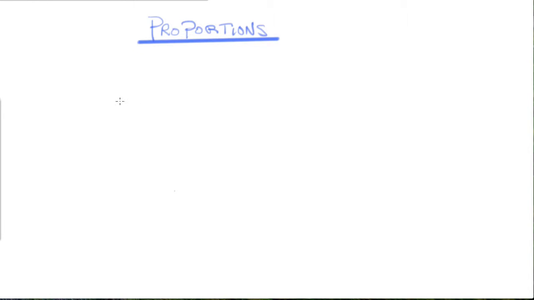So let's talk about proportions. Proportions is a fancy way of saying two equal fractions. So let's write that down: equal fractions. So if I have, for example, the fraction 1 over 2 and the fraction 2 over 4, I can say